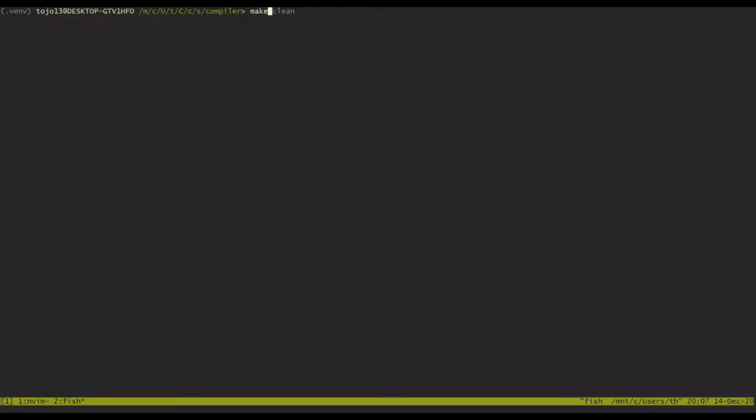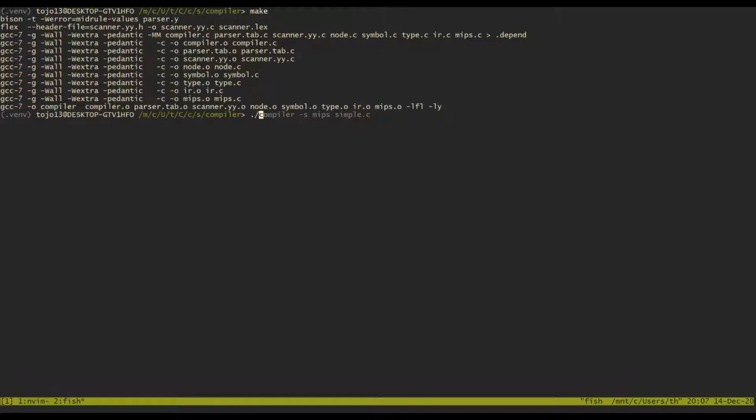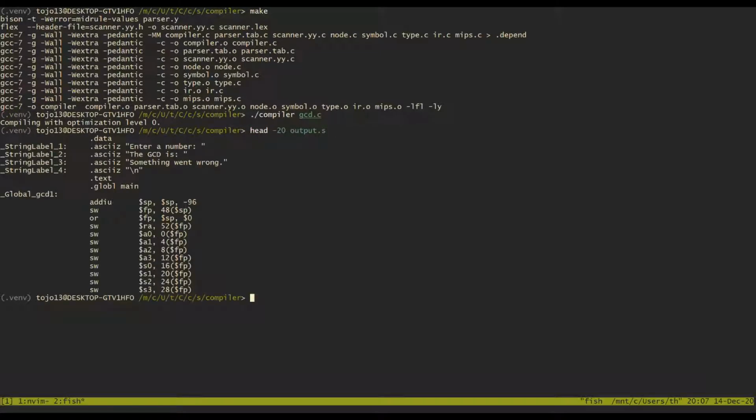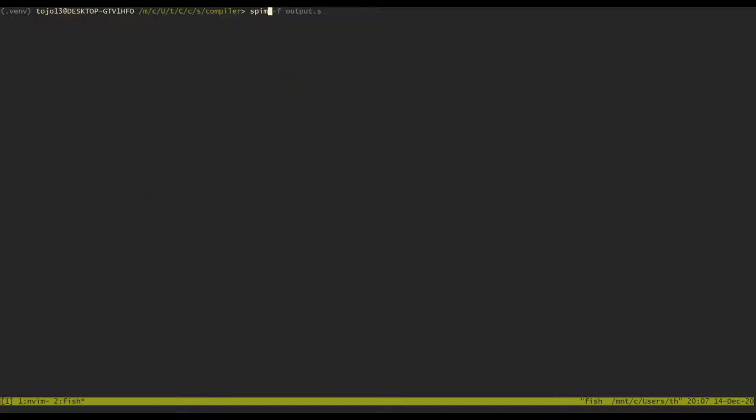So to build our compiler, we type make. To compile a program, we use the compiler executable followed by the source file. And this generates MIPS code, which we can take a look at, the first 20 lines of the MIPS code. See the assembly instructions there. And then we can execute the MIPS code in the SPIM